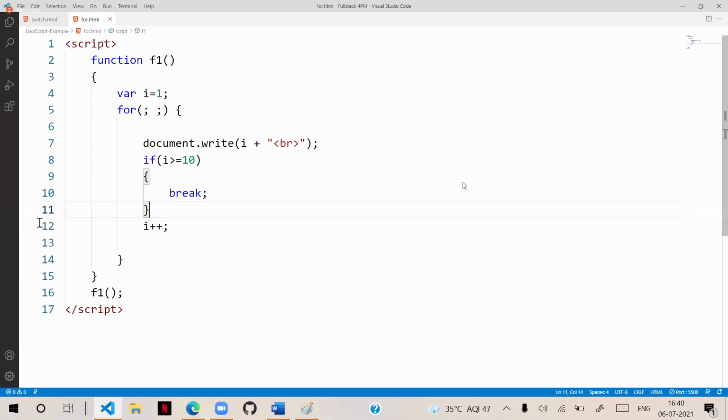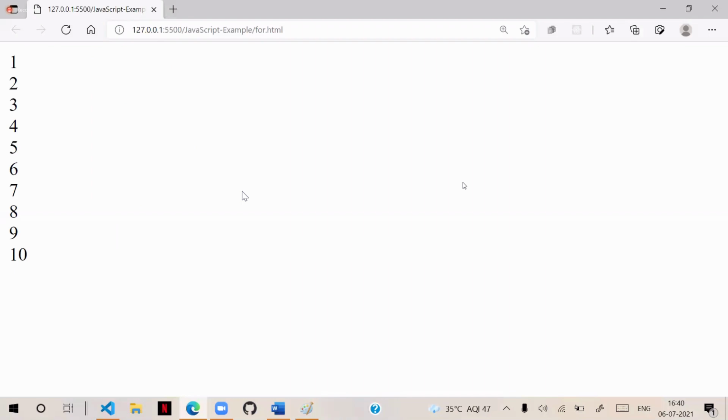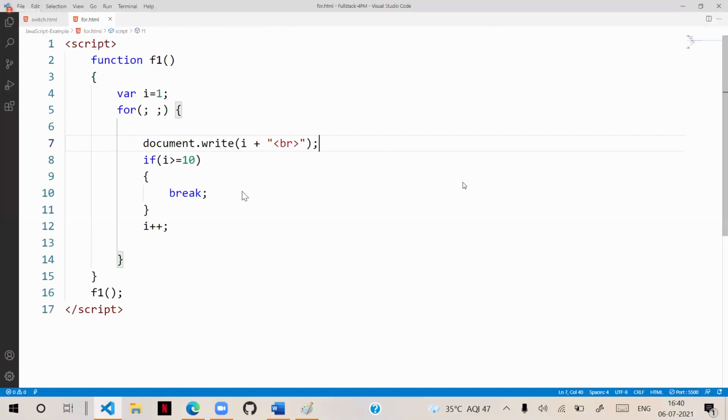Now see here, it is printing the value until it is greater than or equal to 10. If it is greater than or equal to 10, then it will stop. That means it will print up to 10. Otherwise, you saw that it is printing up to 9 only, because this increment is kept above. Before it reaches 10, it will increment, then it will be 11, and then it will stop at 9 only. That is the problem. That's the reason you need to keep this content correctly placed.